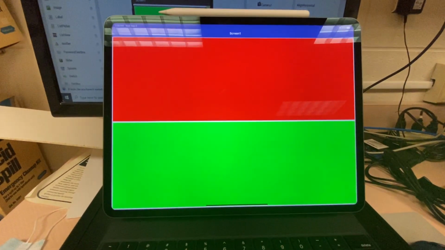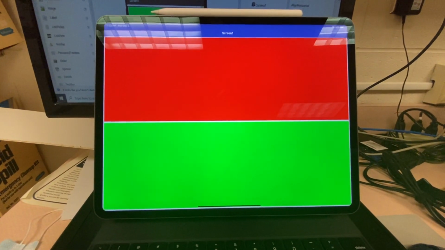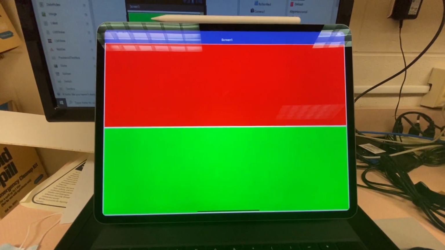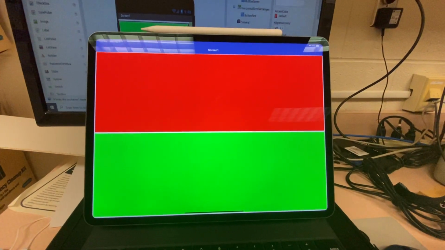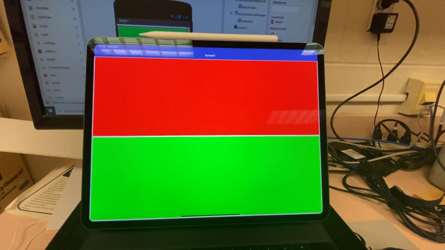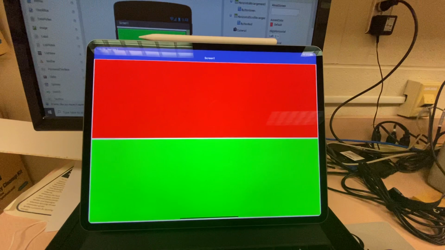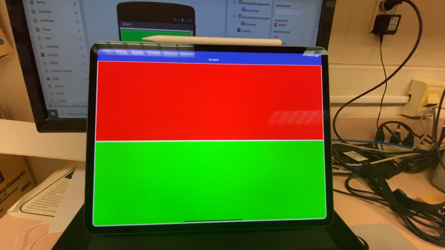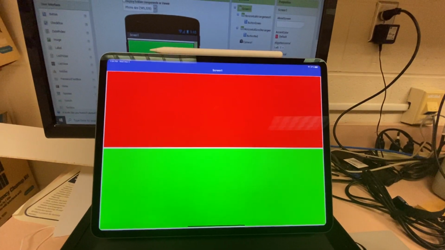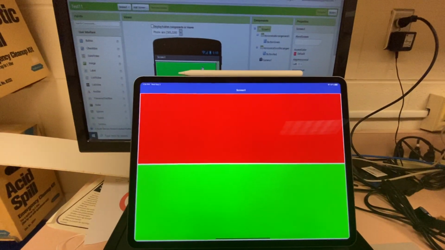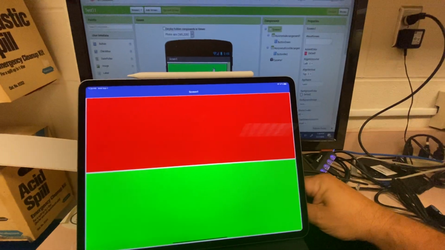All right, so hopefully installing that went well. Again, this is only for iOS users. Android users, you can go directly to the Play Store and download that AI2 Companion already. But for iOS users, that's what you'd have to do in order to get the App Inventor Companion app on your phone. Again, remember that regardless of if you're using Android or Apple, one important thing is